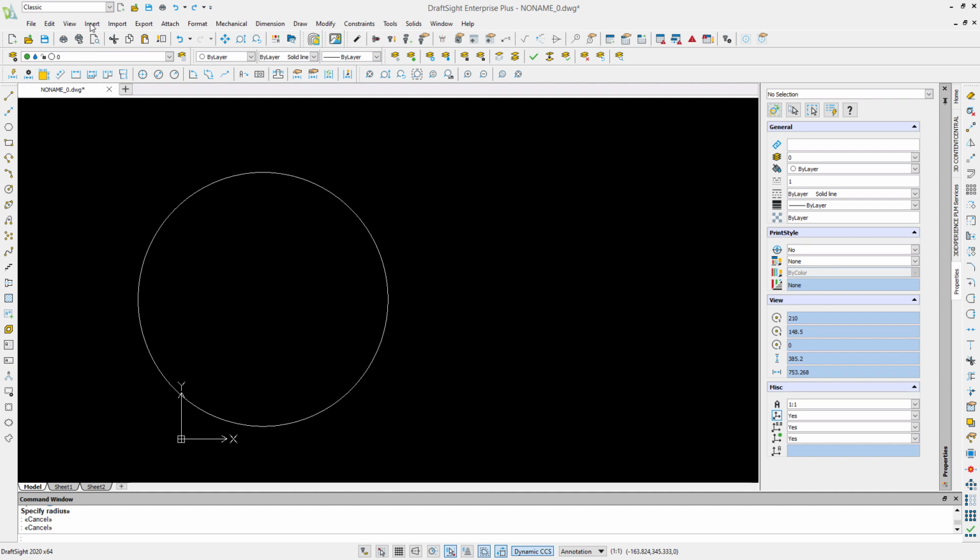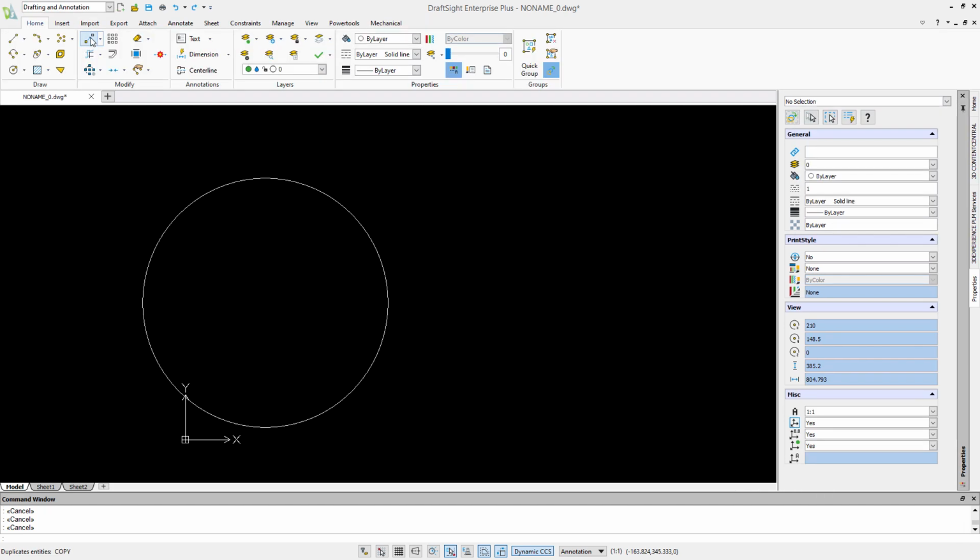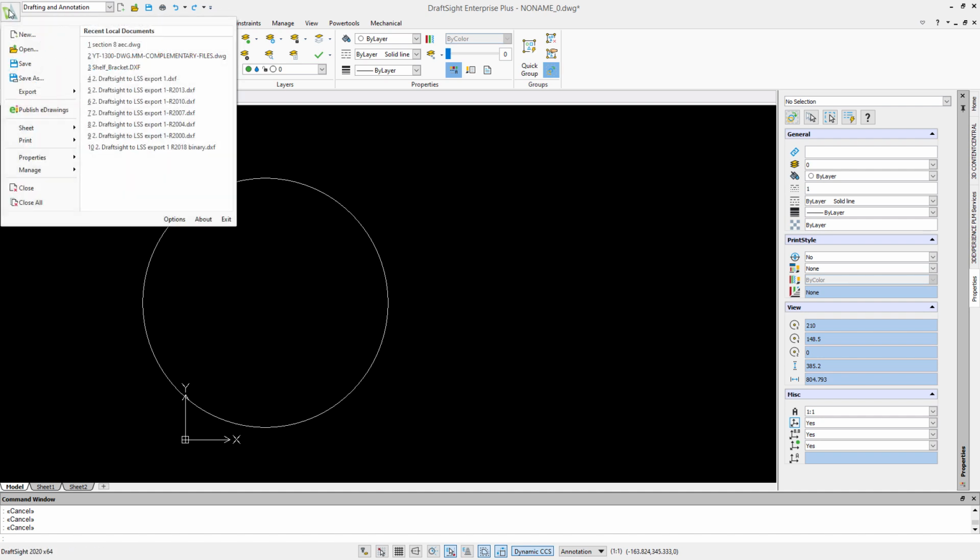And if that's what you're more familiar with, feel free to use that style, but I will stick with the annotation style here. Underneath the DraftSight logo, we can see, again, options for New, Open, Save and Save As in there too.